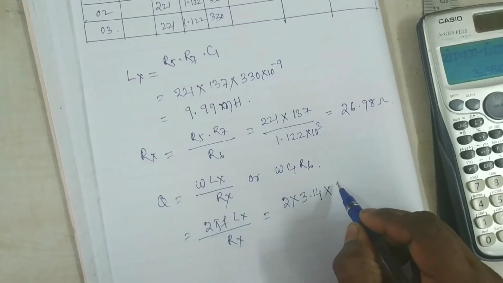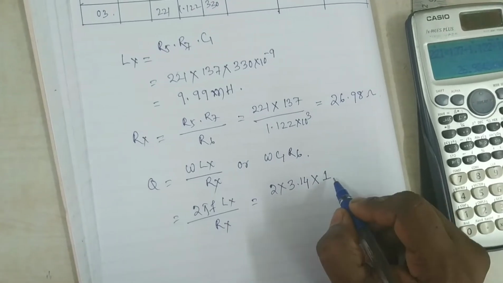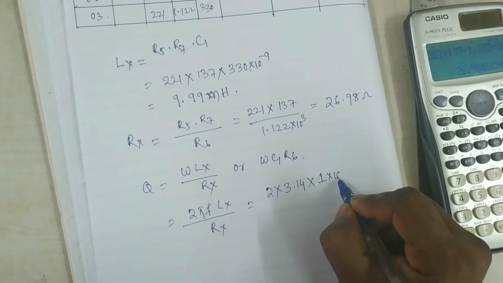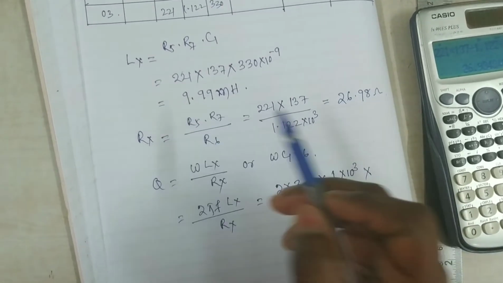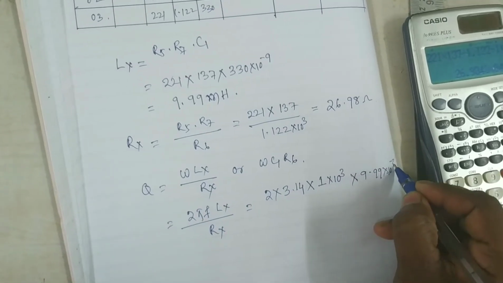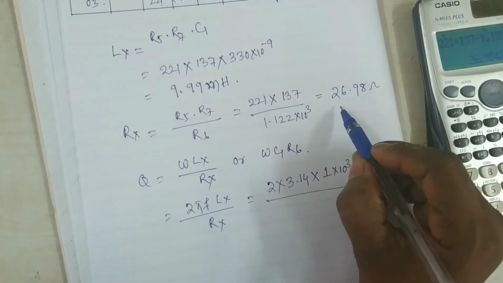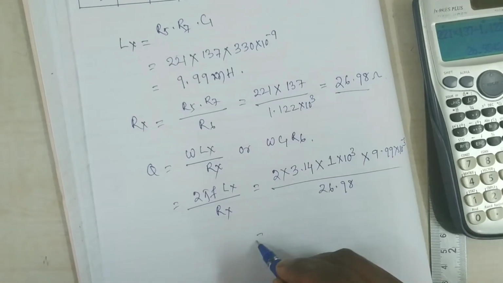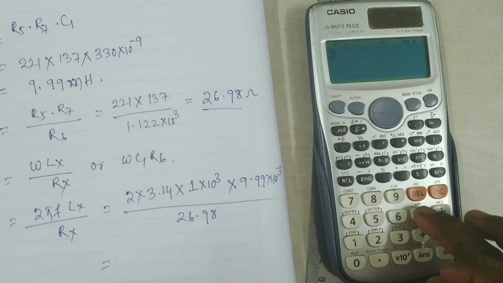You know amplitude control must be set in maximum position, 1 kilohertz. 1 kilo is 1 into 10 to the power 3, into Lx. Lx value is 9.99 millihenry, milli is 10 to the power minus 3, divided by Rx. Rx is 26.98. So you have to calculate 2 into